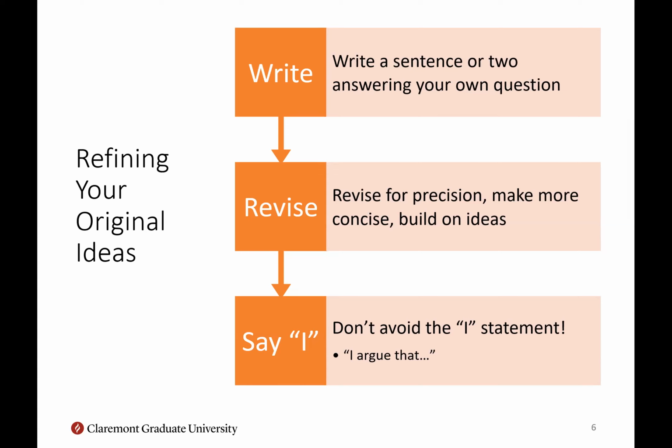And once you have a few starting point sentences, begin revising. So if they're pretty broad, bring them down to a more specific level, revise for precision, make them more concise. This is something we're going to look at in a little more detail. It can be much harder to present your ideas in a concise form than in a longer form, but continue to build on those first ideas. So if your first answers to the research question are really broad, start thinking about how you can narrow them down, how you can make them more interesting, how you can make them more complete.